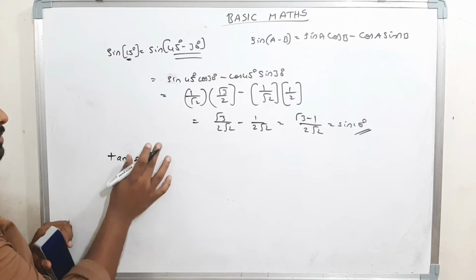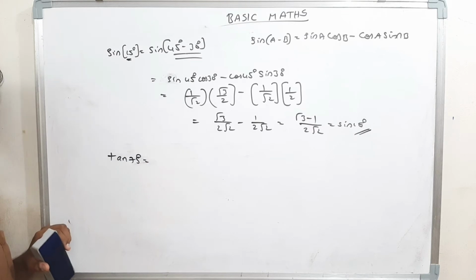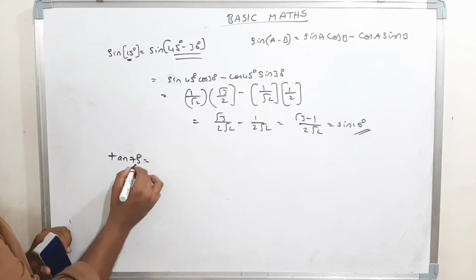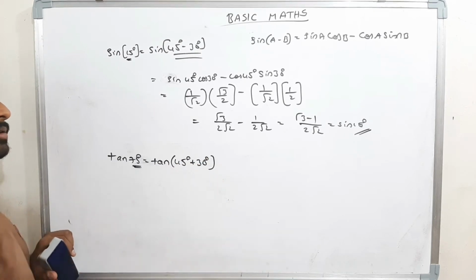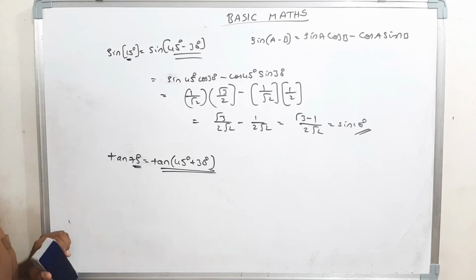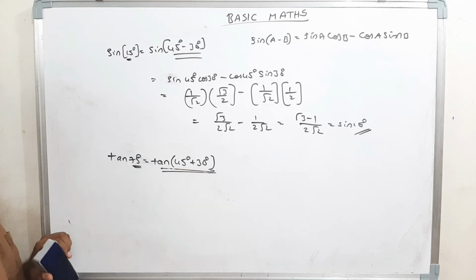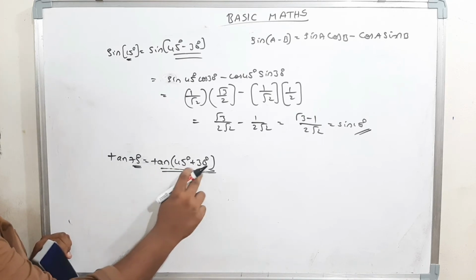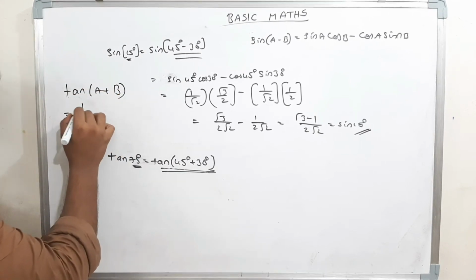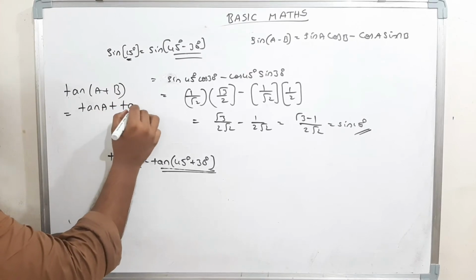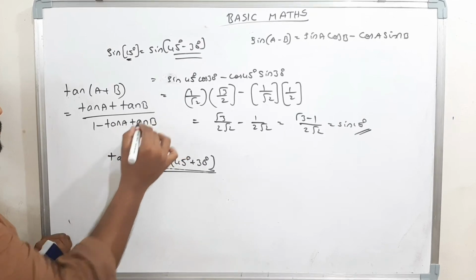Tan 45 degrees. Okay, tan 45 you know, right? Tan 75 degrees. How can I find the value of tan 75? Tan 75 I can write as tan of 45 plus 30 degrees. Can I write like this? I know the value of tan 45 and the value of tan 30, therefore I wrote in this form, which is in the form of tan A plus B. Therefore, what is the formula for tan A plus B? Tan A plus tan B by 1 minus tan A into tan B.